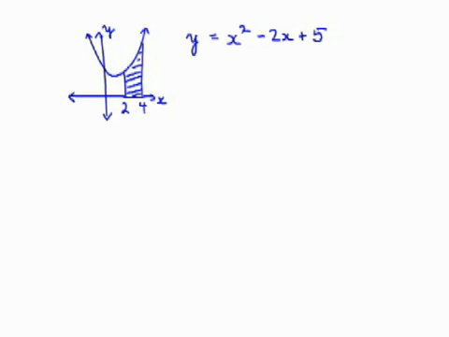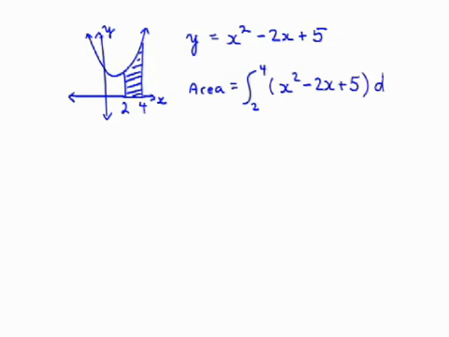This is important, and you'll see why it is important when we get into the next example. But for now, it is important that you realize that you should always graph your function prior to determining the area below the curve in the defined interval. So the area is going to be equal to the integral from 2 to 4 of x squared minus 2x